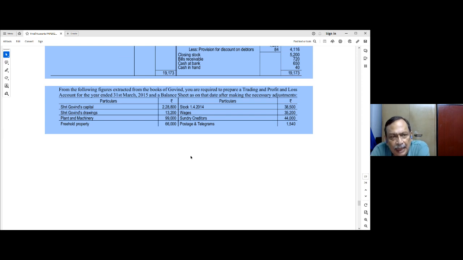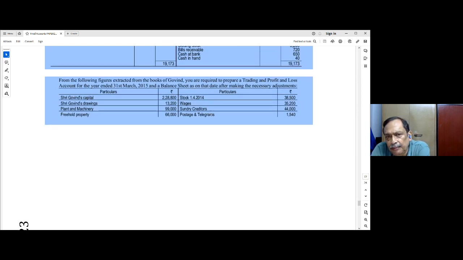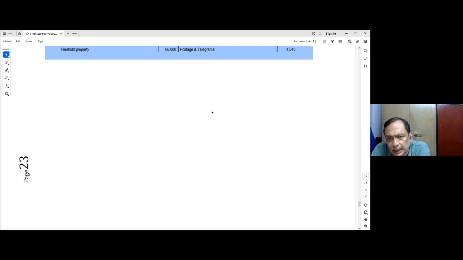So we are having capital, we are having drawings, we are having plant and machinery, we are having freehold property, we are having opening stock, we are having wages, sundry creditors, postage and telegrams,